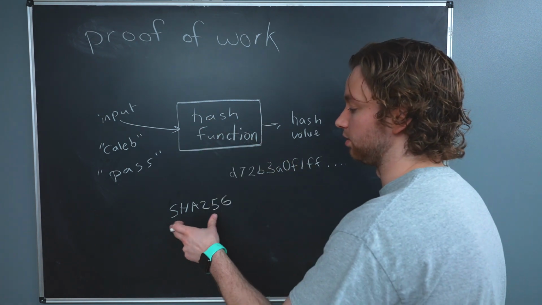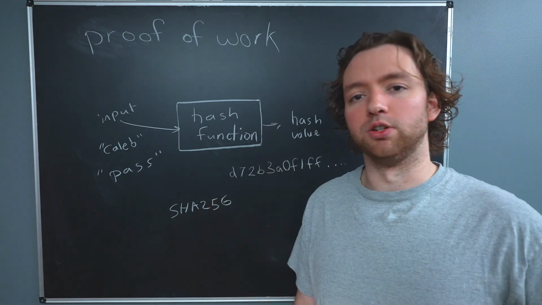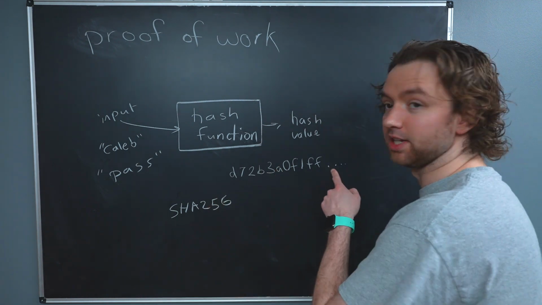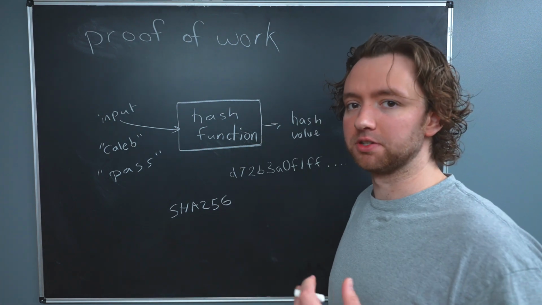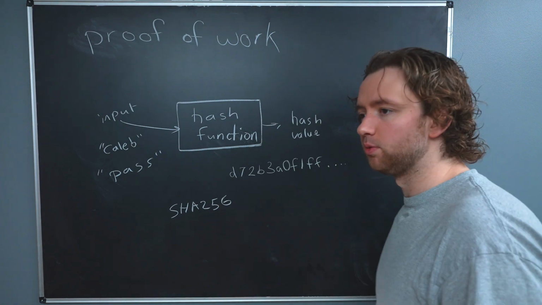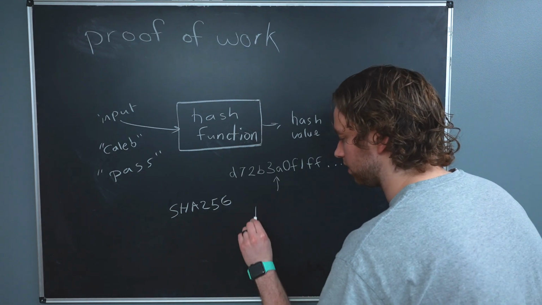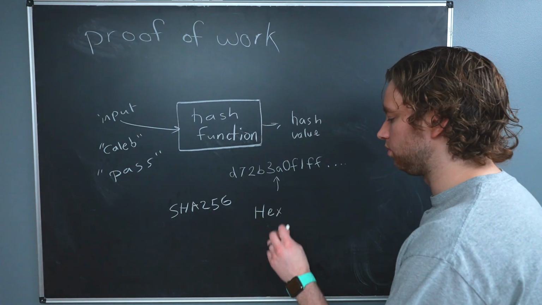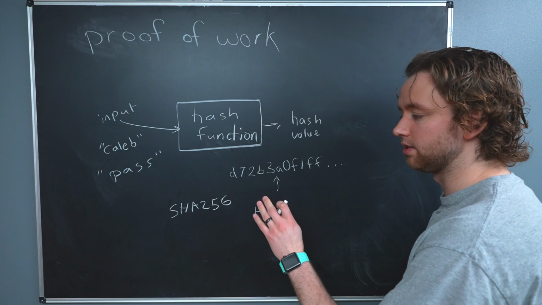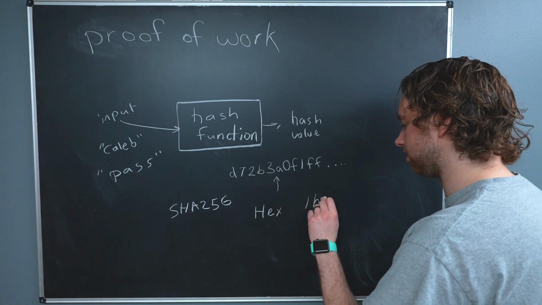One of the most popular is SHA-256. This is a version of SHA-2 if you want to know more information. Now I mentioned this will be 64 characters, but then I said this SHA-256 is going to give us 256 bits. So what's going on here? Well, basically each one of these characters is known as hexadecimal. I'm just gonna write hex, it's a little bit easier. And one hex digit corresponds to 4 bits. So one hex digit